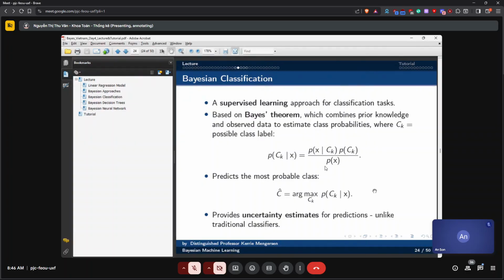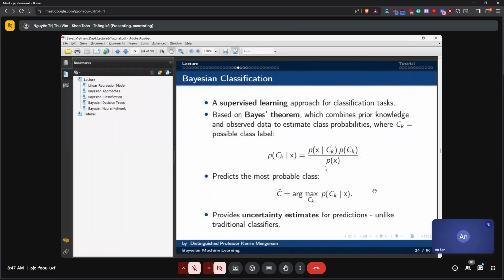And if we don't have a response here, we have some Y's and some X's, and based on Bayes' theorem, we're going to classify the observations into different classes. And we're going to combine the prior knowledge and the observed data to estimate the class probabilities. So the probability of belonging to a certain class.